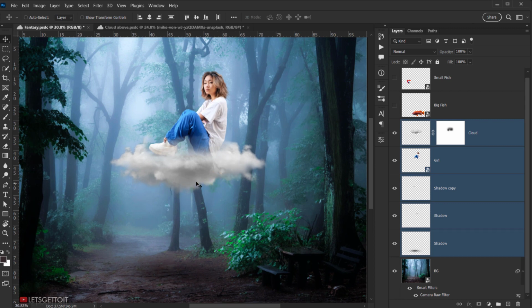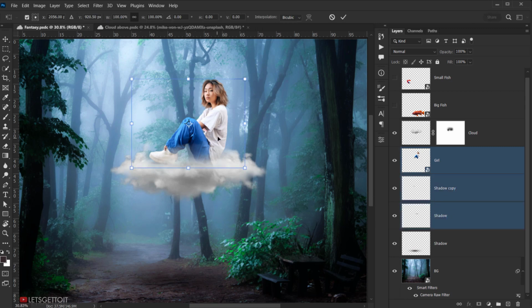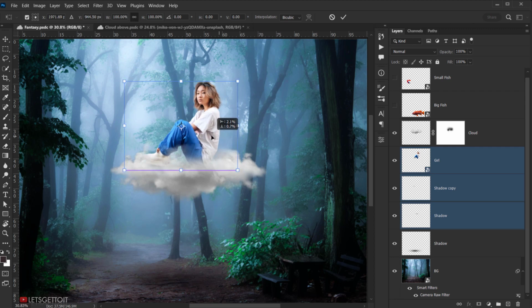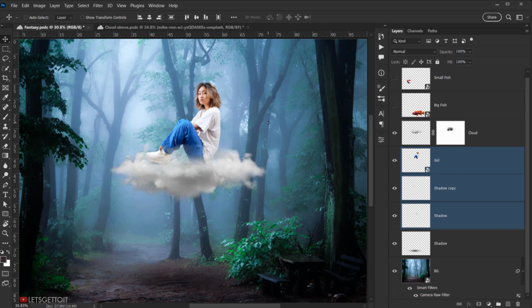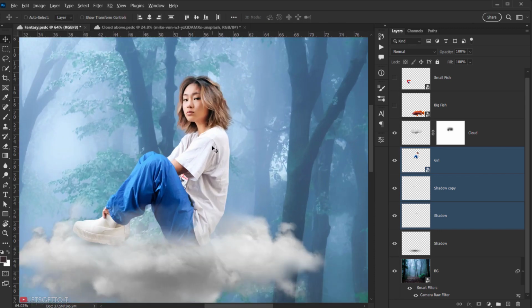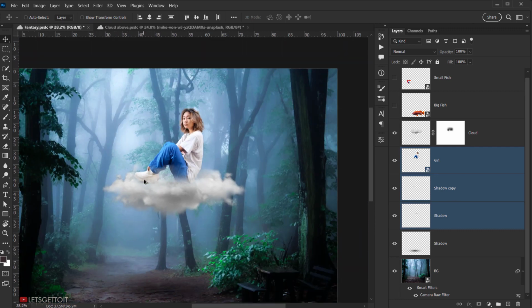maybe move it a little bit up, and then select the girl with the two shadows that we have in here, and press Ctrl Command T, maybe move it somewhere around here, even make it a little bit smaller. I'm using my arrow keys to move it. Alright, I think it's okay for now, and of course I can go back and change it if I want,